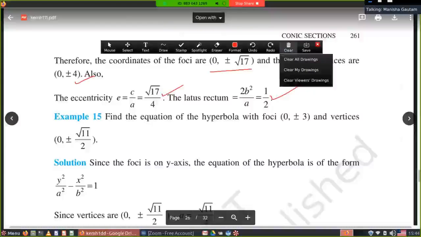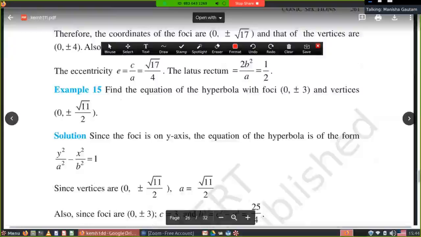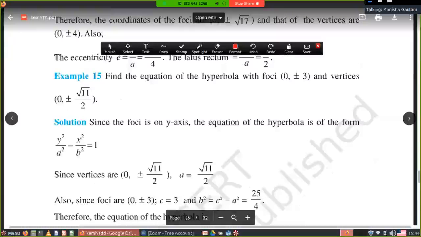Now next is example number 15. Find the equation of hyperbola with vertices 0, plus minus 3. This will show you what? This is a hyperbola of vertical type, like this. Vertical hyperbola is there. And vertices are given. Vertices means A is given to you. And this is